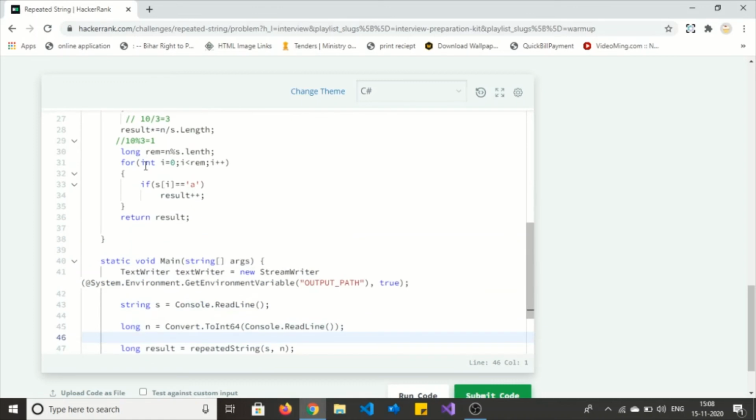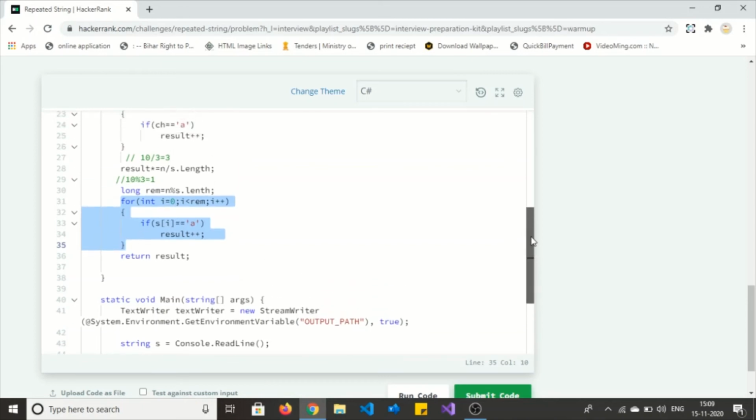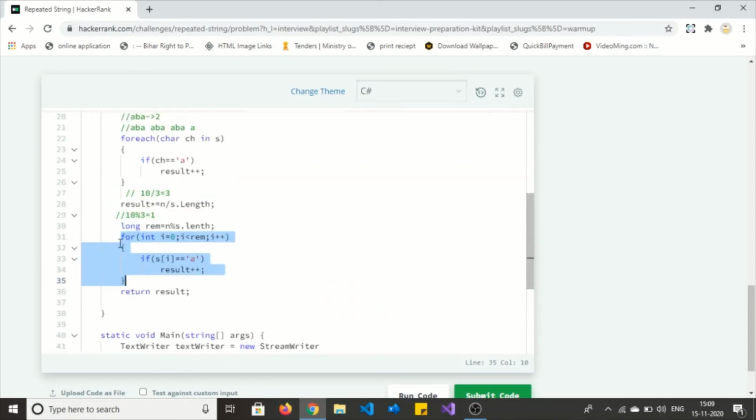This for loop will add the remaining part of the string, if something is left, to make the length of the string as in the given input n. In that case, this for loop will calculate how many a are left in the remaining string.